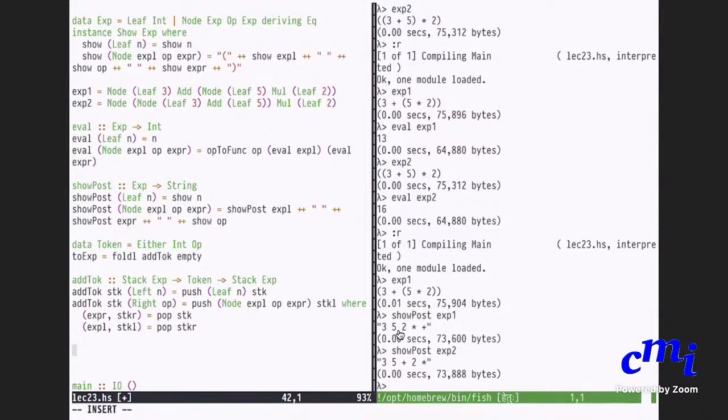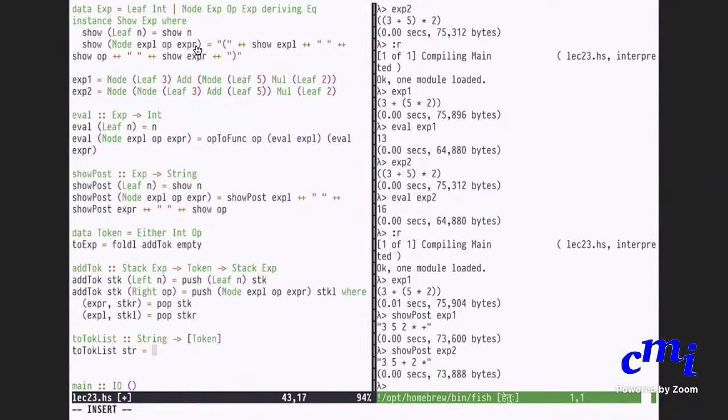Okay. So toTokenList of a given string is nothing but a map. I'll assume that you give inputs in a very simple form. You will write any number, give a space or any number of spaces, and then write another number or whatever, and then you write your operations, and also you will give any amount of space. You will never write two operations right next to each other without a space.